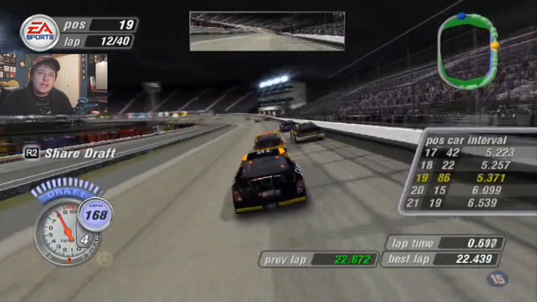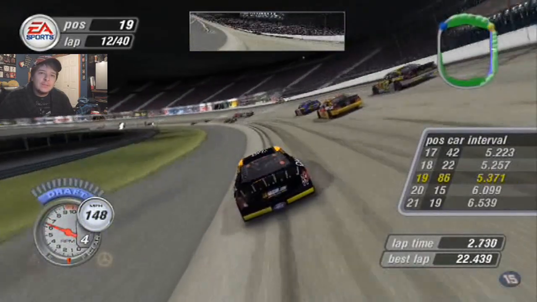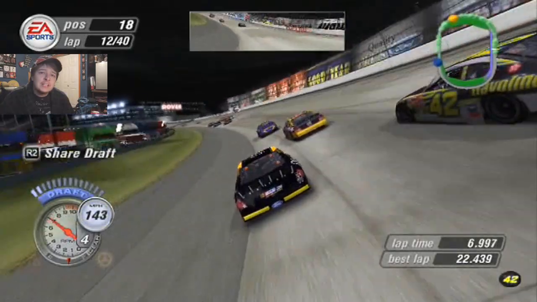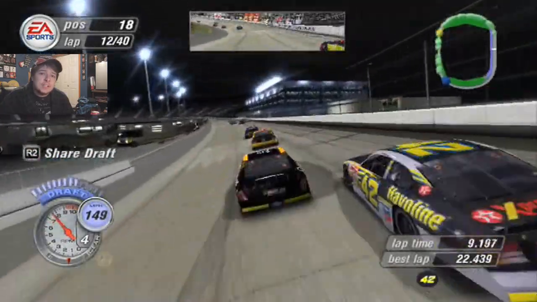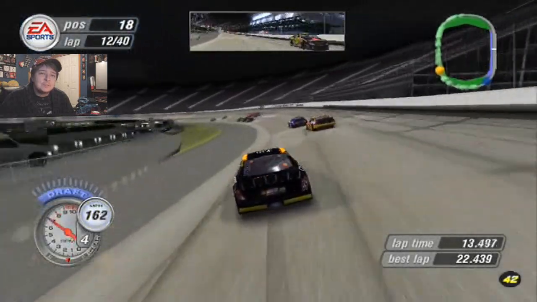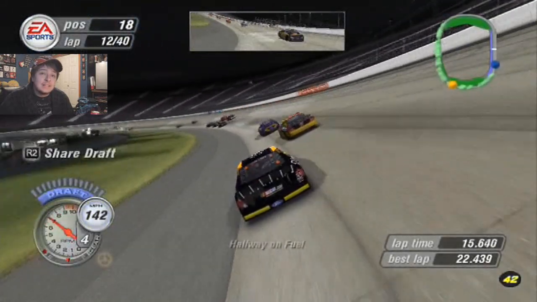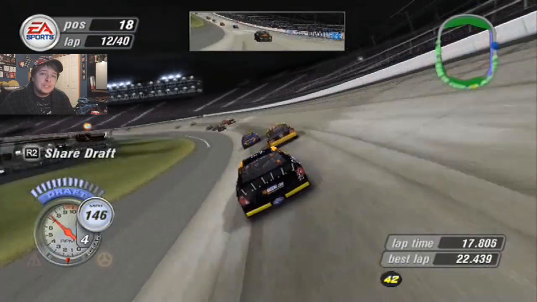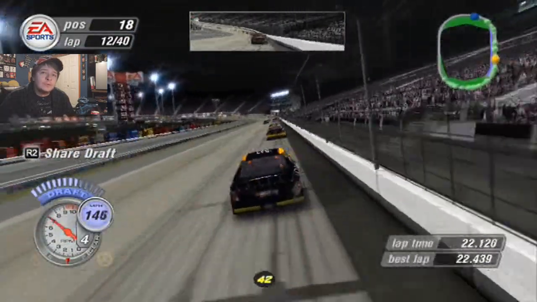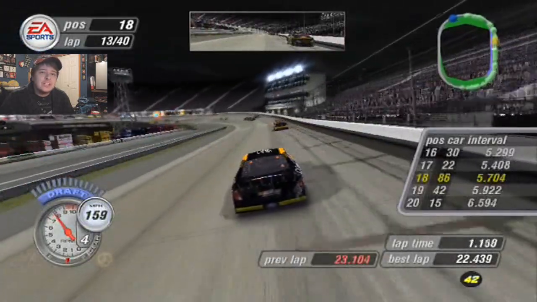As Ward and McMurray are now side by side, can I make it three wide and try to get by him? Well, not quite, but maybe we can get by McMurray for 18th. This car, again, just like New Hampshire, hits the outside wall. It's not that bad. I'm kind of surprised with how good the car is. I mean, oh, nipped the outside wall just a little bit,